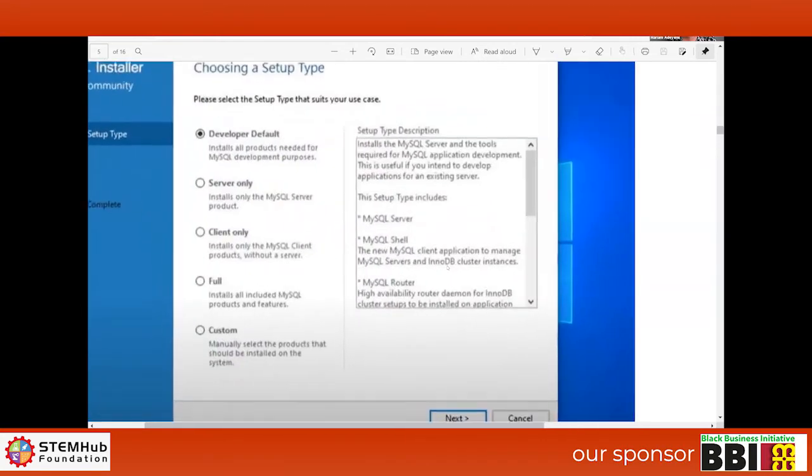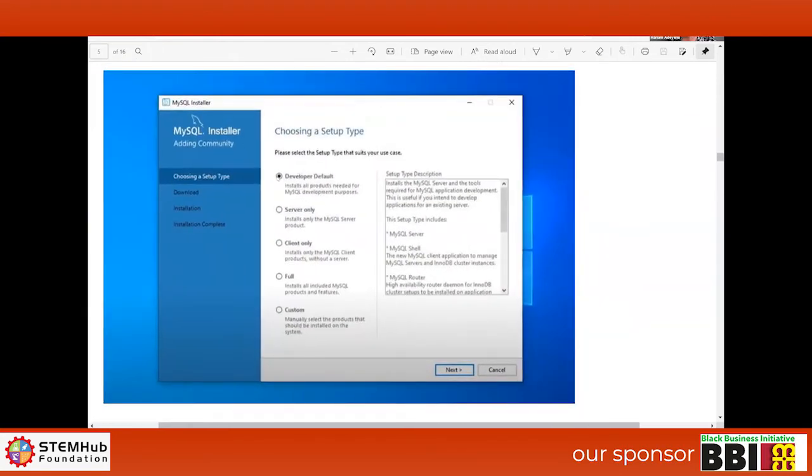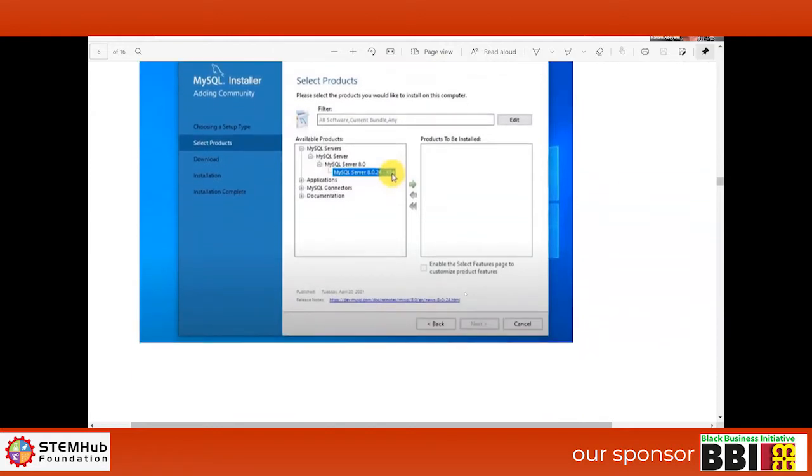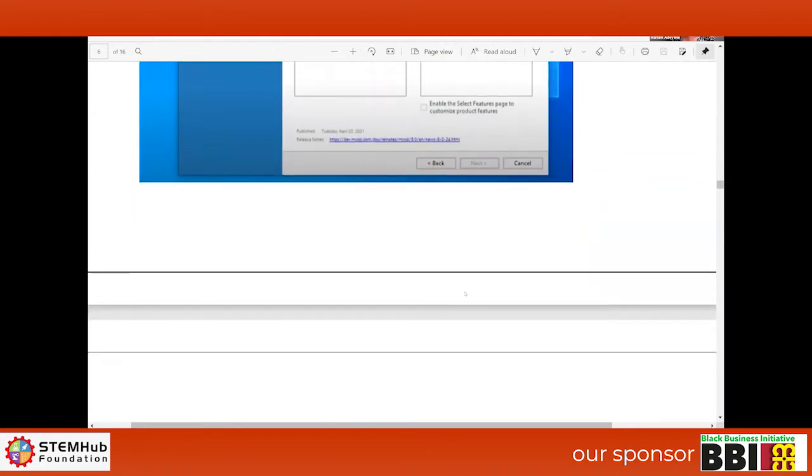So right here, this is the installation process by 64. Once you click on that, the green arrow is going to activate. Click on the green arrow to move it to this box right here. Once you do that, go to the next one